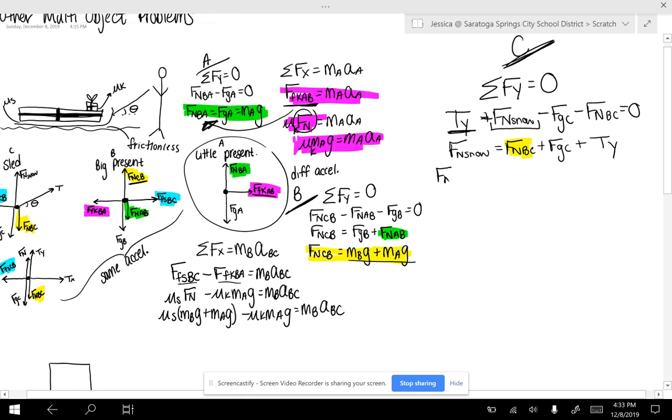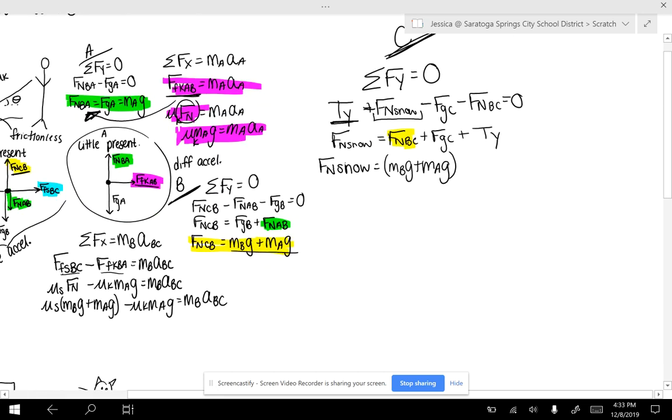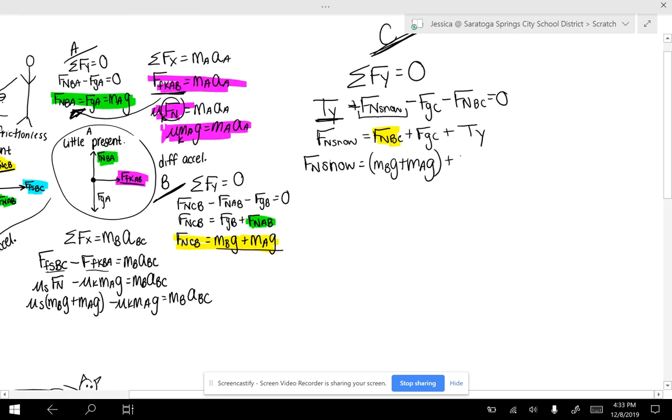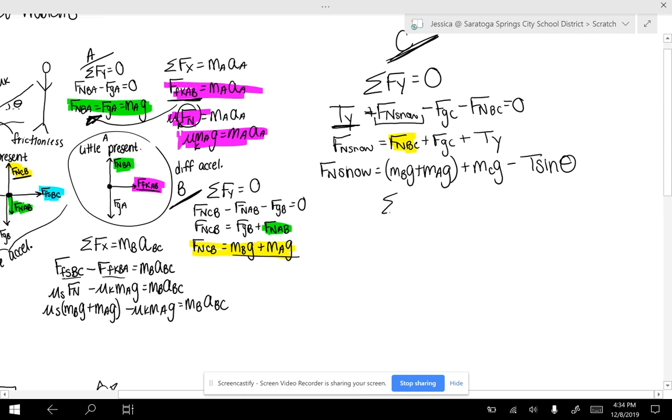So the normal force on the snow is going to equal F_N,BC, which is m_B g plus m_A g, plus the force of gravity acting on the sled, m_C g, plus the y component of the tension, which would be T sine theta. That's fun. So there's our y direction. In the x direction,